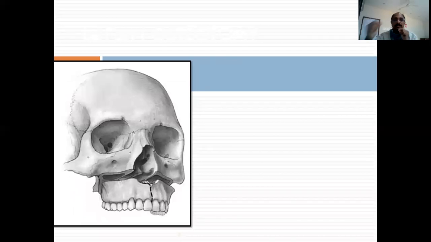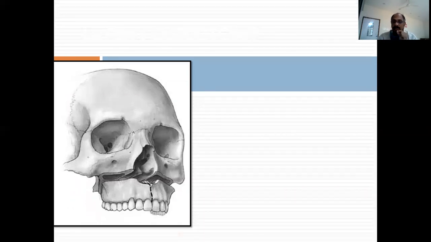So this is what a Lefort 1 fracture is. As I told you, in a Lefort 1 osteotomy, from the pyriform margin you have a fracture line coming back towards the zygomatic buttress, going posteriorly towards the pterygoid plates. The same thing is done intentionally on the patient, on both sides, and we try to down fracture the whole of the maxilla, and we can take the maxilla forward or superiorly based upon the patient's requirement.